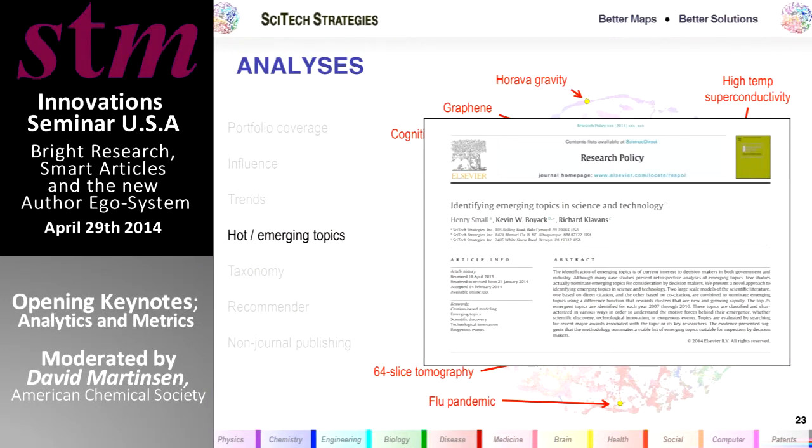Okay, let me get back to the emerging topics. As I mentioned a minute ago, we picked the 25 most emergent topics in 2010, and this is where they are located on the map. Okay, so to give you an idea of what some of those are, we have high temperature superconductivity, which of course, superconductivity has gone through several phases, but when they find a new material that they previously didn't think was going to be superconducting, and then they find out that it is, then research takes off in that area once again. So high temperature superconductivity took off in fact, 2008 and stayed huge over the next several years.